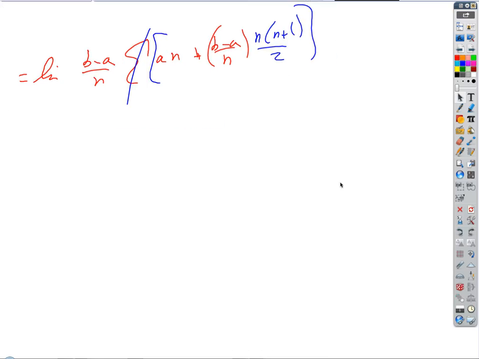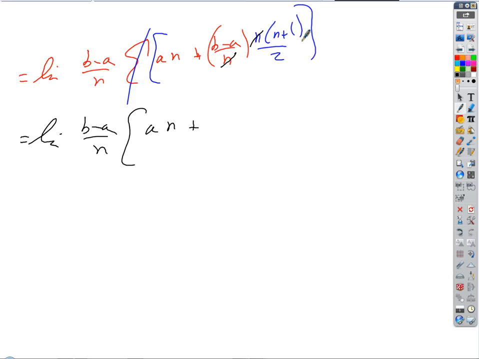Okay, so what are we going to get? All right, so I could clean this up a little bit first of all. So I could maybe cancel those, right? And so I'm going to get the limit. When I say limit, I mean as n approaches infinity, right? I just want to write it. (b minus a) over n times (an plus,